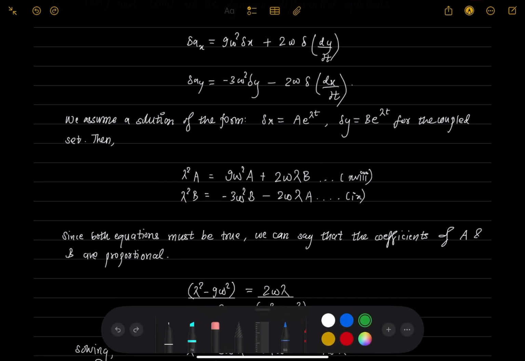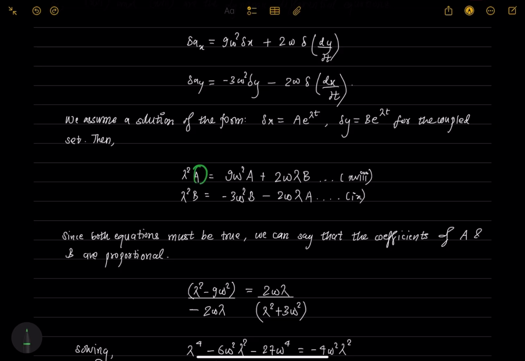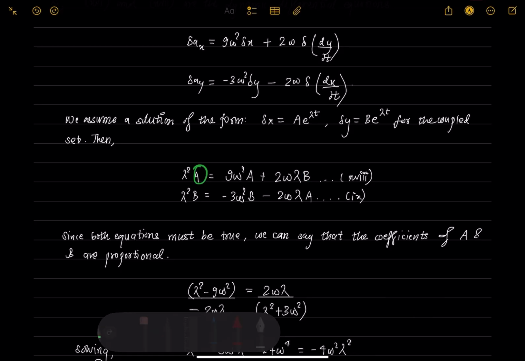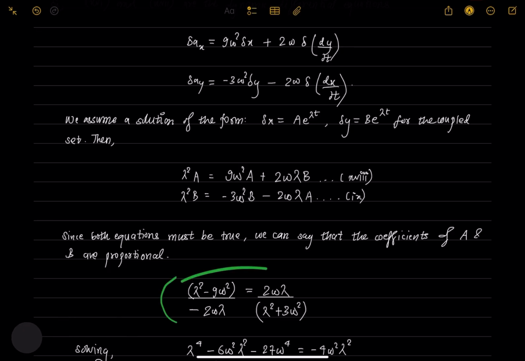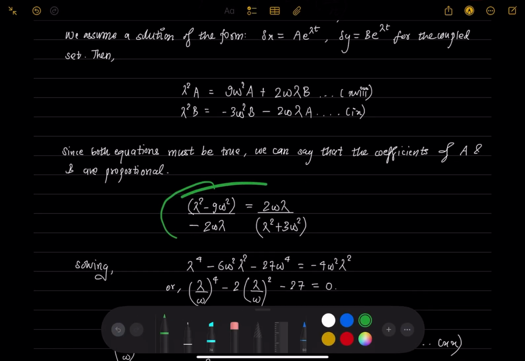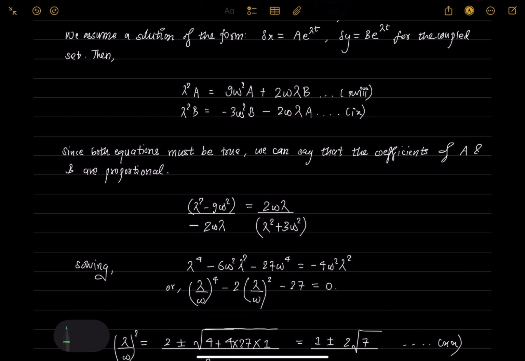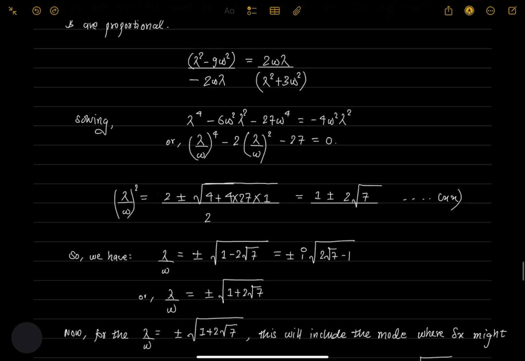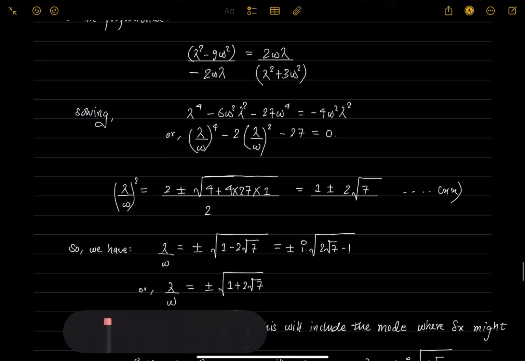These linear equations are the same linear equations for a and b. So these are identical equations, meaning that the coefficients are proportional. And using that condition, we can actually find what the value of lambda is in terms of omega,